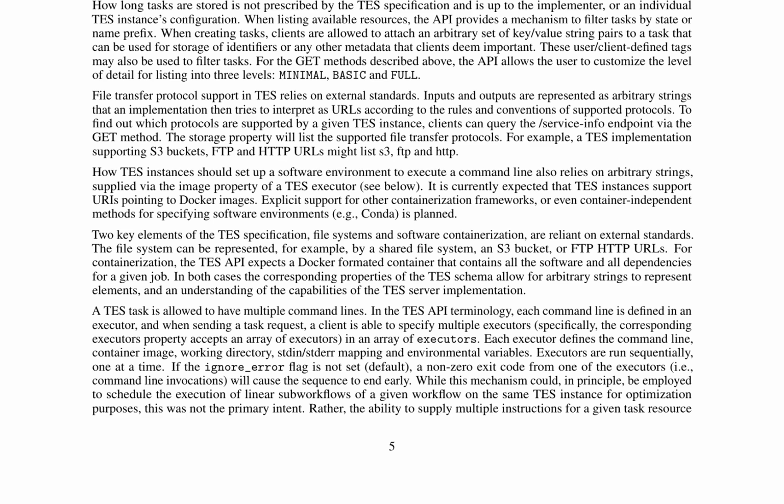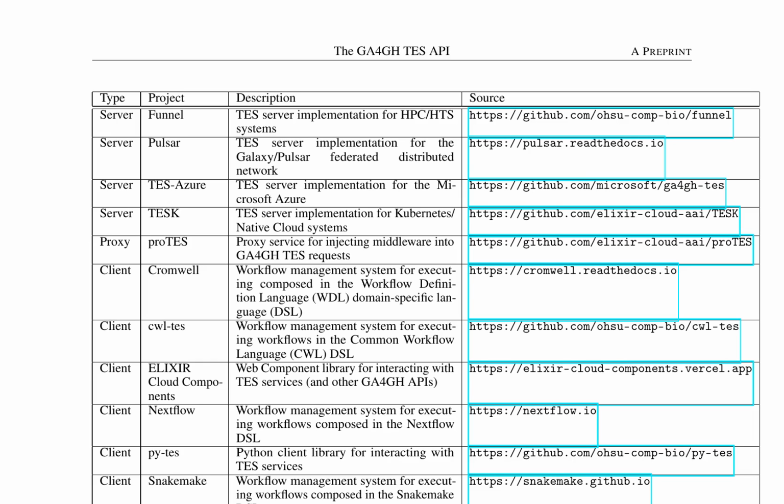This mechanism enables optimization of workflow execution by scheduling linear subworkflows on the same TES instance, allowing for efficient genomic data processing. The Task Execution Service (TES) API provides a standardized interface for task execution, facilitating the integration of diverse computational platforms and infrastructure. This enables workflow management systems like Cromwell, CWL, and Nextflow to execute tasks on various execution environments. The TES ecosystem comprises multiple server implementations, including Funnel, Pulsar, TES Azure, and Tesk, which cater to different environments